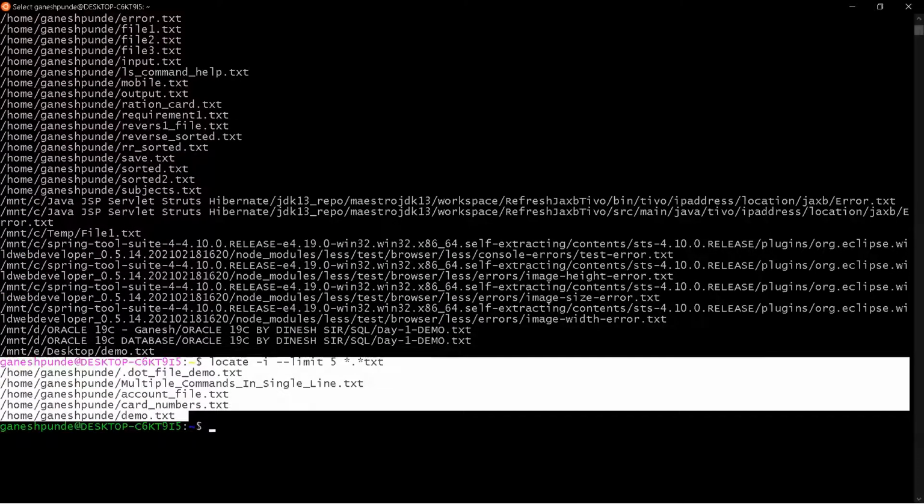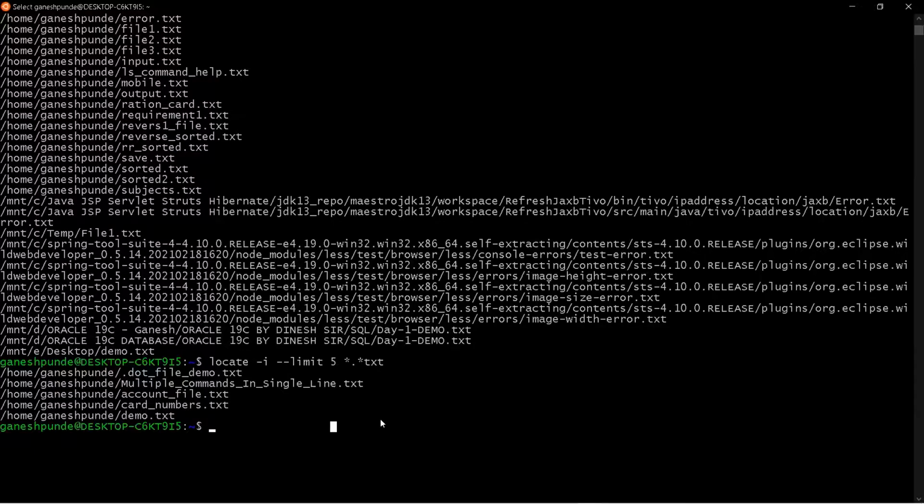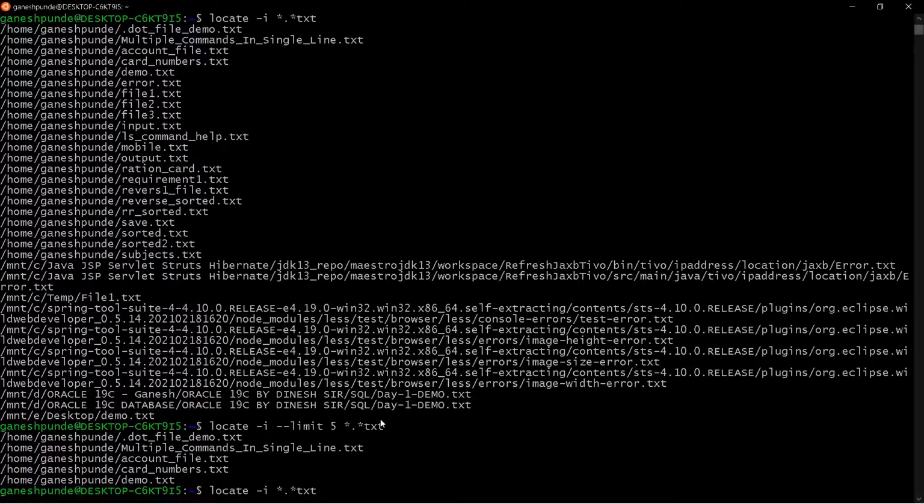Now let's say I want to check whether the file exists or not, right? So I can use locate existing, and I can say star.txt.